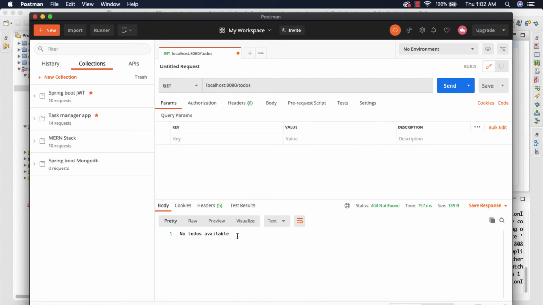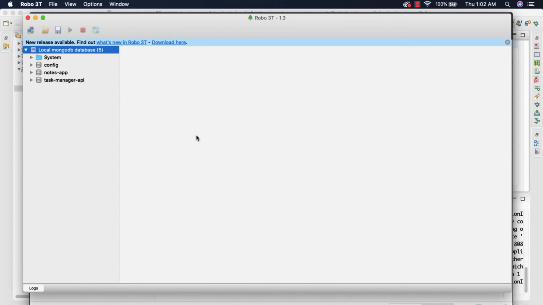We are getting this no to-dos available because there are no to-dos in the database. But if you go to Robo3T and click on Command R or Control R on Windows, we should expect the empty database.